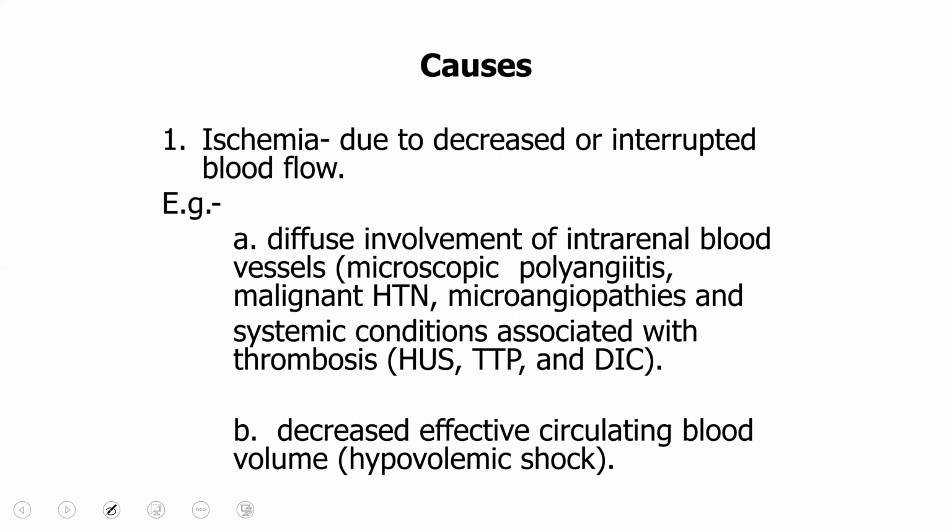So what are the causes? As I said, one of the causes is ischemia, and ischemia will result in decreased or interrupted blood flow. It can happen due to diffuse involvement of the intrarenal blood vessels, or it can be due to a systemic condition as well. Due to intrarenal blood vessels, the diseases can be microangiopathies, microscopic polyangiitis, and also malignant hypertension,